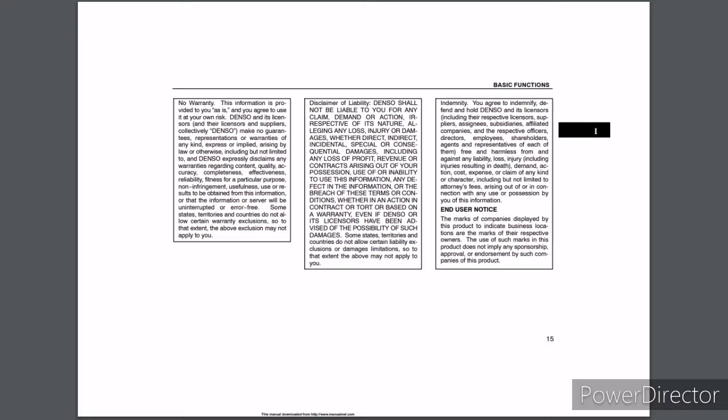Denso shall not be liable to you for any claim, demand or action, irrespective of its nature, alleging any loss, injury or damages, whether direct, indirect, incidental, special or consequential damages, including any loss of profit, revenue or contracts arising